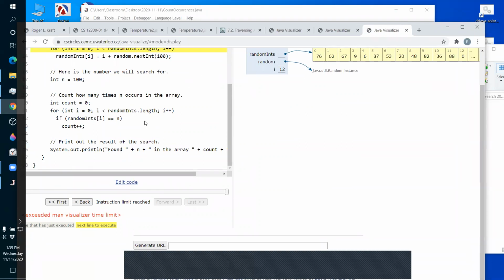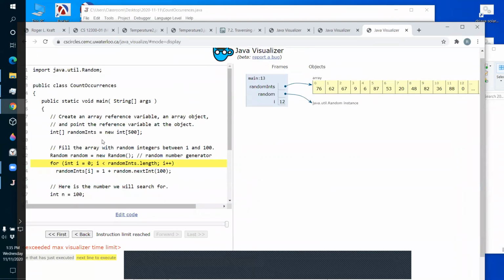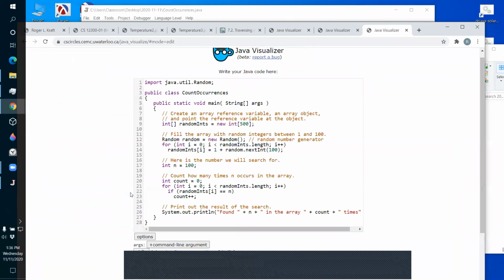It only let me do 12. Wow. I don't know why, it only let me generate 12. It only let us generate 12 random numbers, which seems odd. That's a real, oh, probably because this array is too big, so that maybe took up too much space in their computer. So let's just try 100.